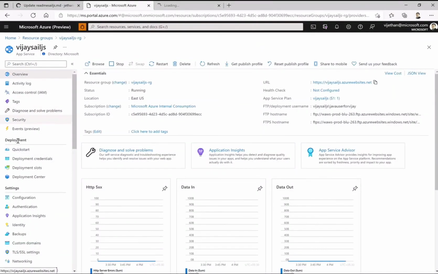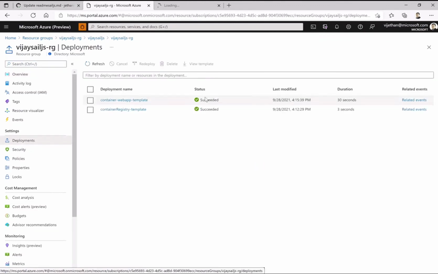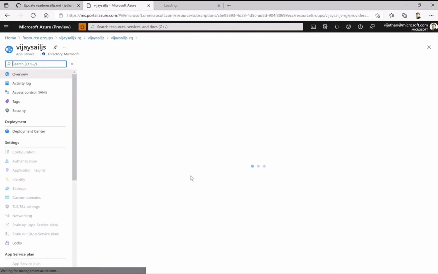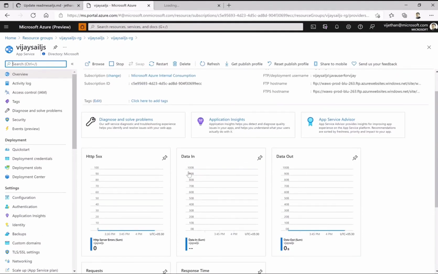But at least I see here from the deployments as well, the resource group. You can go directly to the resource group and see the deployments. It succeeded on all of them. Okay, and similarly going to the app service, I don't see any specific errors.